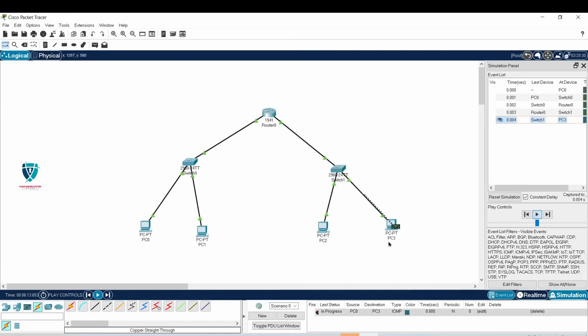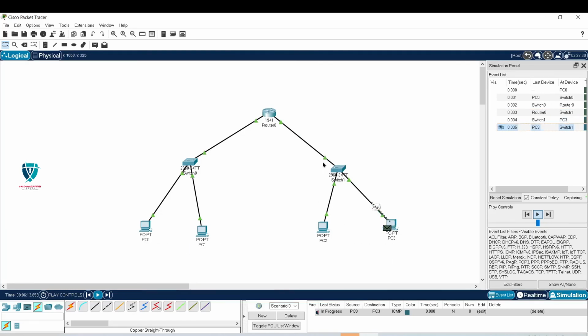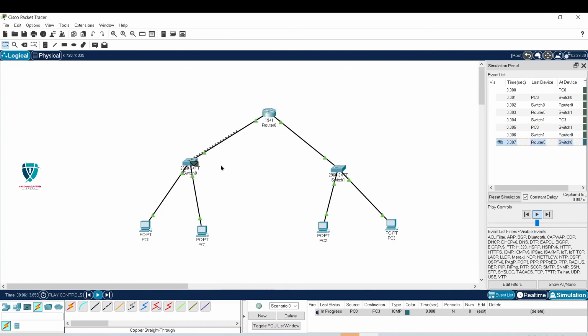Then the message will be copied into the packet, and it will be sent back to the switch, then from switch 1 back to the router, and then the router will send it back to switch 0, and switch 0 will send the packet back to PC0. PC0 will verify the message, to check whether the router and switches are maintaining integrity or not. As we can see, it was successfully maintaining the integrity. So this is the configuration of the switch.